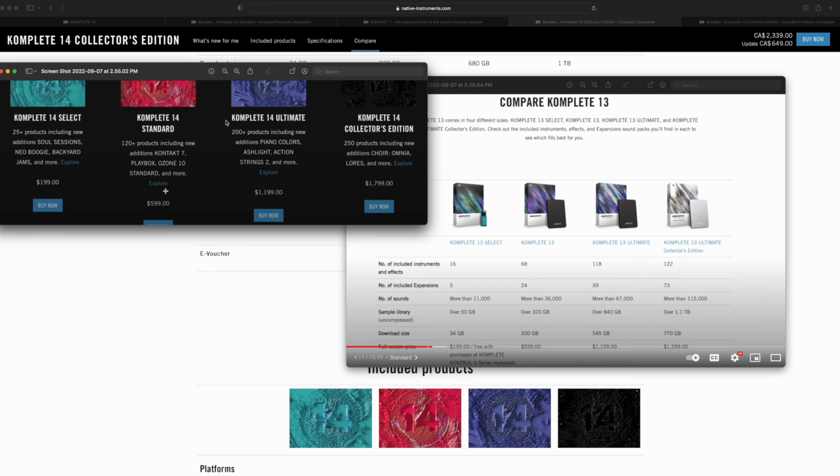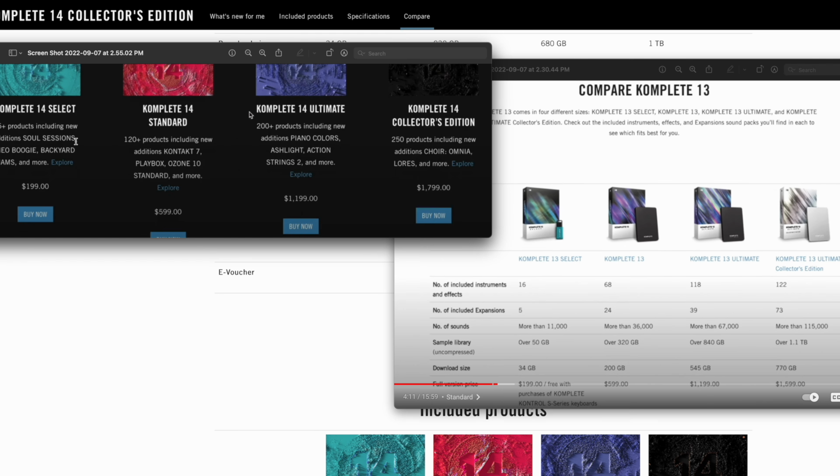So here we can also see the pricing differences. I've got Canadian websites, so the pricing is going to be totally wrong. But if you look at the American Komplete 14 versus Komplete 13, you can see it's $199, same price. $599 for Standard, same price, $1199 for Ultimate, and now they've jacked up the price by $200 for the Collector's